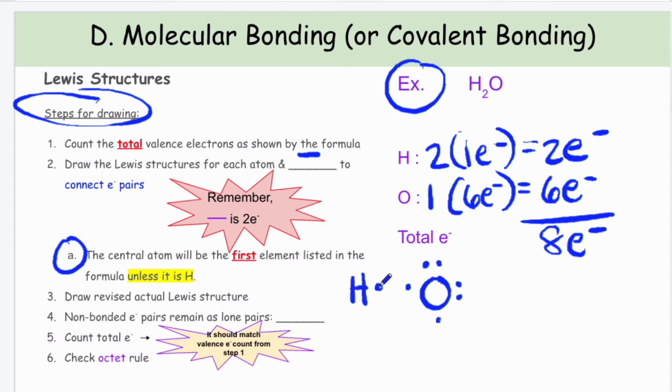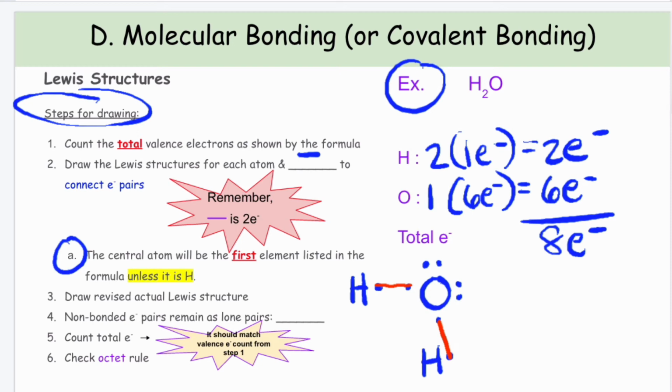Okay, so I'm going to draw hydrogen with its 1 valence electron. And then I'm going to draw the second hydrogen with its 1 valence electron near the bottom, because that's where the unpaired electrons on oxygen are. Okay. Now what I'm going to do is connect those pairs, the unpaired electrons, with a line. So it's basically playing connect the dots. These 2 electrons on hydrogen and oxygen are unpaired, so we're going to put a bond between them. These 2 electrons on oxygen and hydrogen are unpaired, so we're going to put a bond between them. Okay. Those are the only ones that are unpaired.